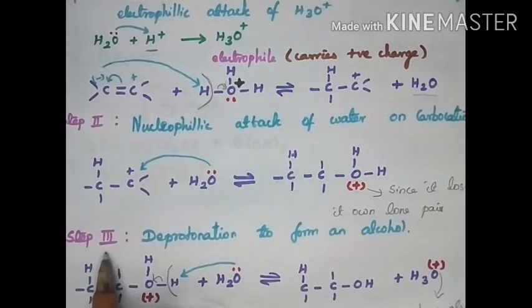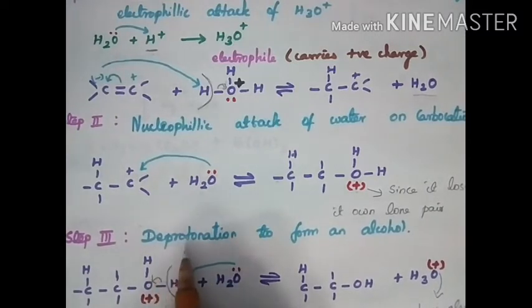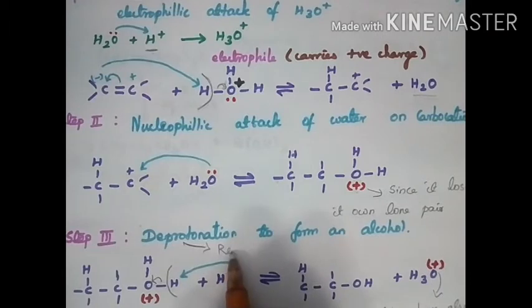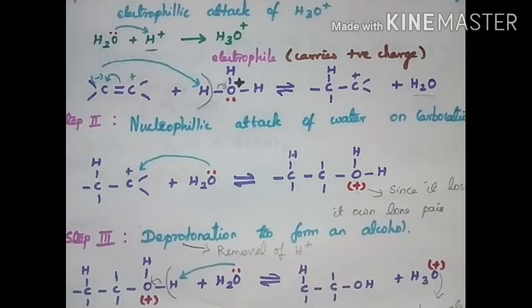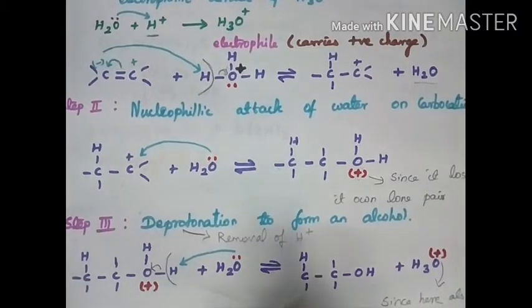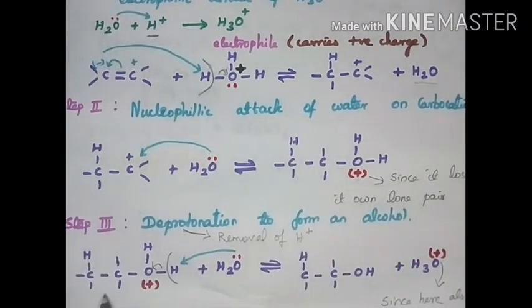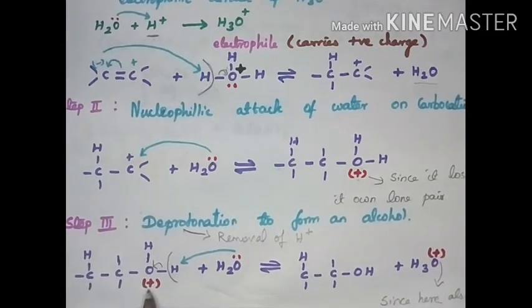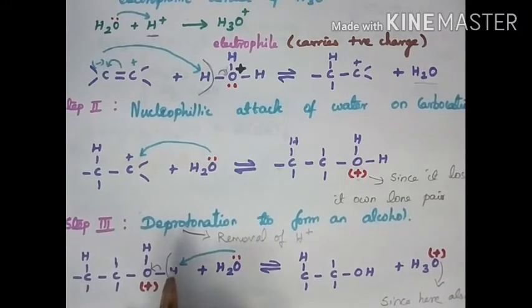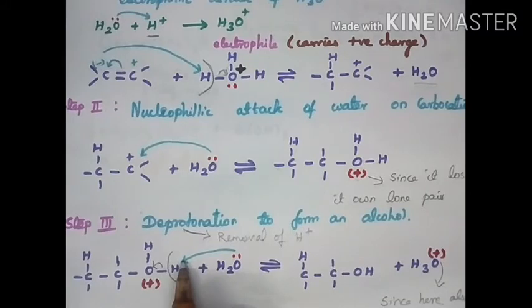Next is step 3. Deprotonation. What is deprotonation? Removal of H plus. Deprotonation means removal of H plus, proton. So we write this as another substrate here, reactant. Deprotonation. Add another water molecule which already has a pair of electrons, that is called a lone pair. Now oxygen is carrying a plus sign, no? So to remove this, oxygen donates its lone pair electron and removes only the H.